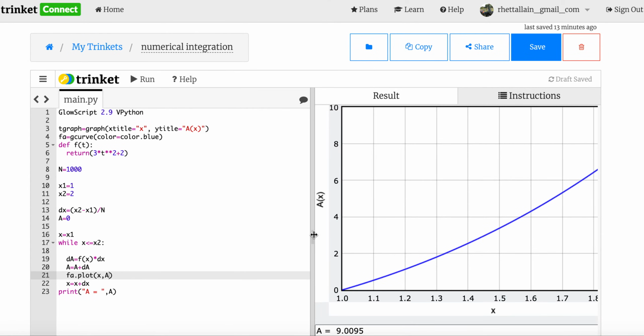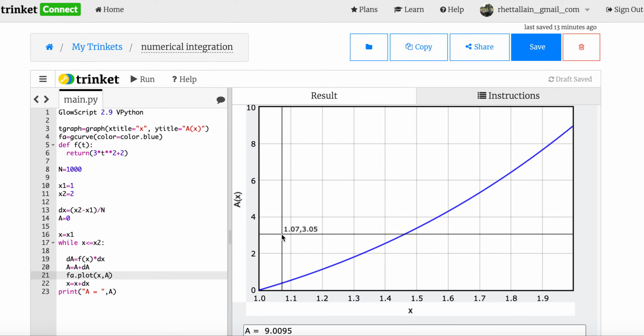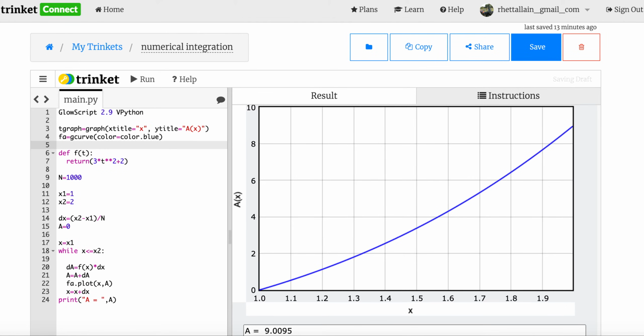There you go. So that is the area as a function of x. If you remember, if you integrate and find the antiderivative of that function, this should be that same curve. Actually, I guess I should probably plot that, shouldn't I? So let's do that. So if I have my function of 3x squared plus 2, the integral of that is going to be x cubed plus 2x plus a constant. And I'd actually need to find that constant, but let's just not worry about the constant right now and see what happens. So f antiderivative equals g curve,